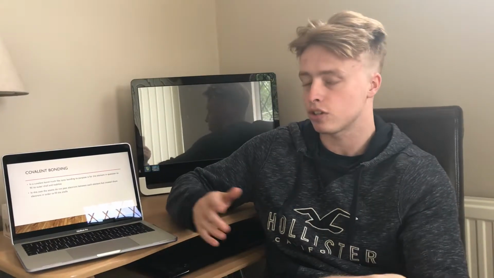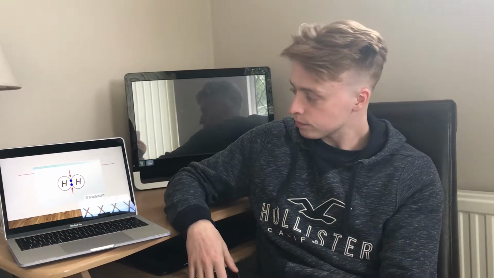So a covalent bond is like an ionic bond. Its purpose is to fill out the outer shell of the element and stabilize it. In this case, the atoms do not pass electrons between the two. They actually share them, in kind of a symbiotic relationship. Obviously, it's not between 2 organisms, it's between 2 different elements. Okay. So the first example